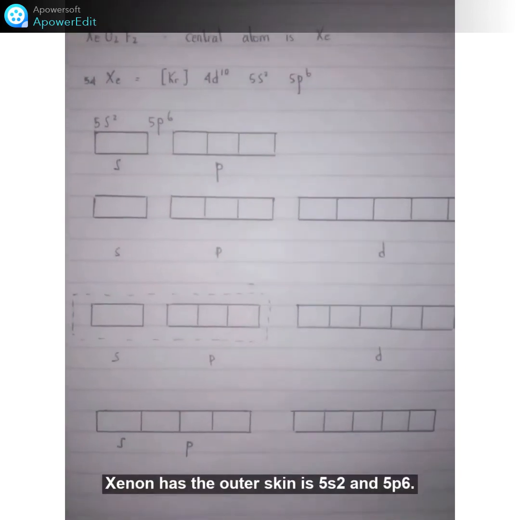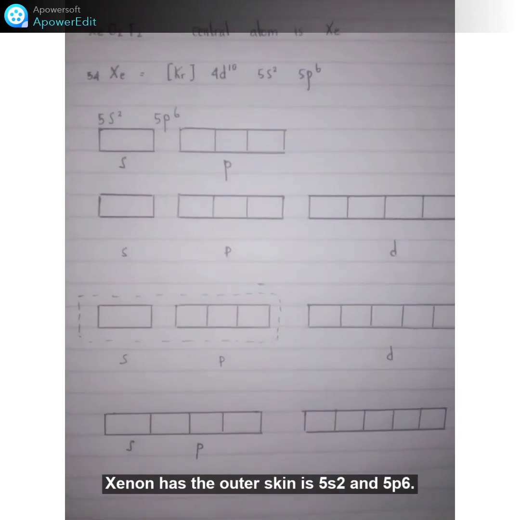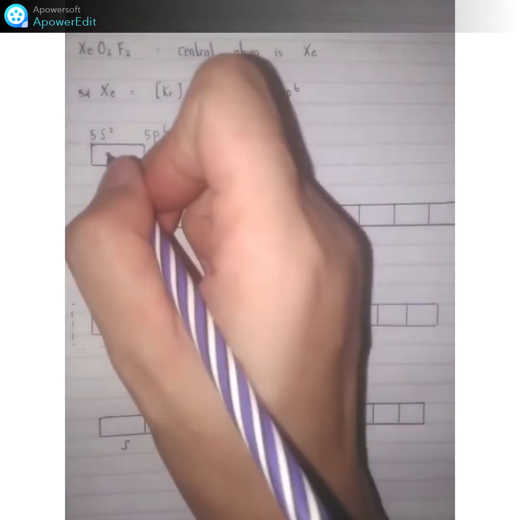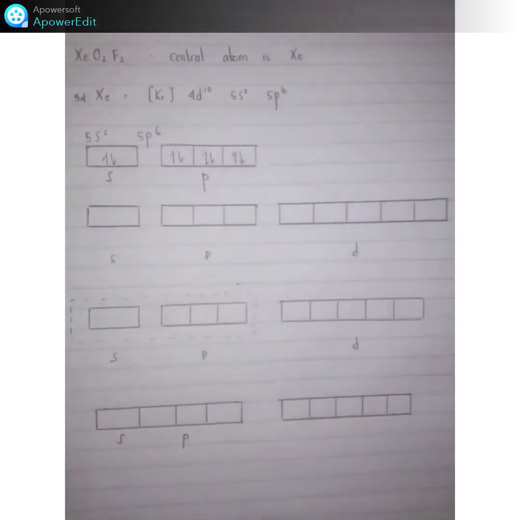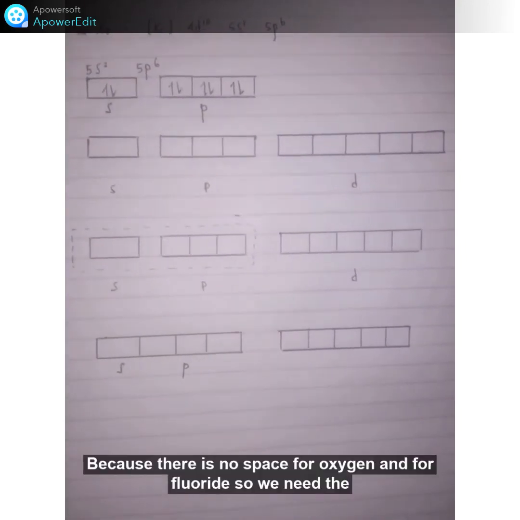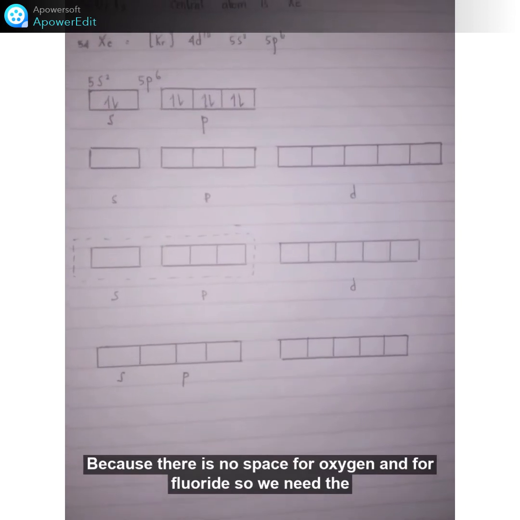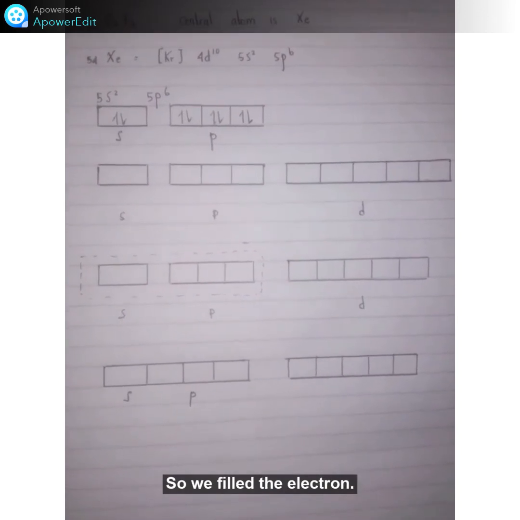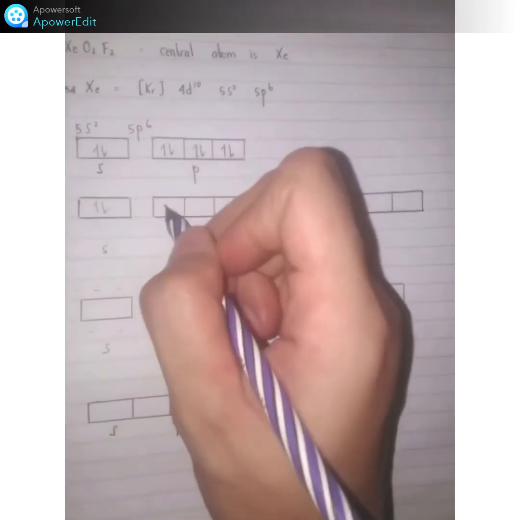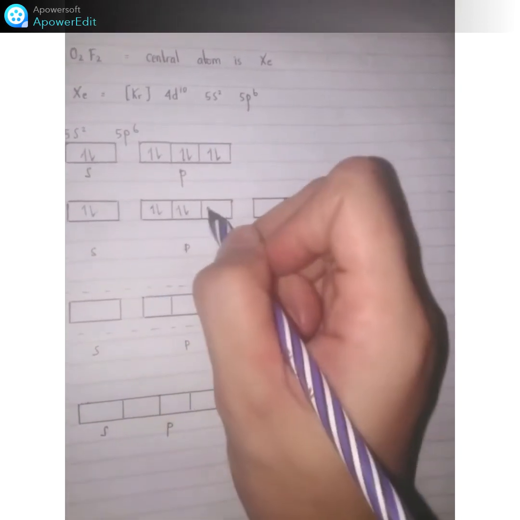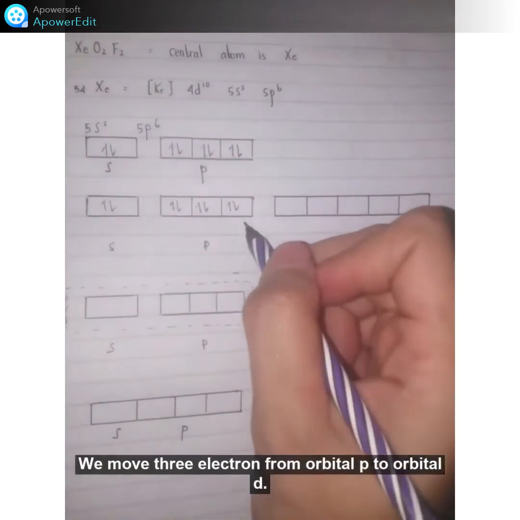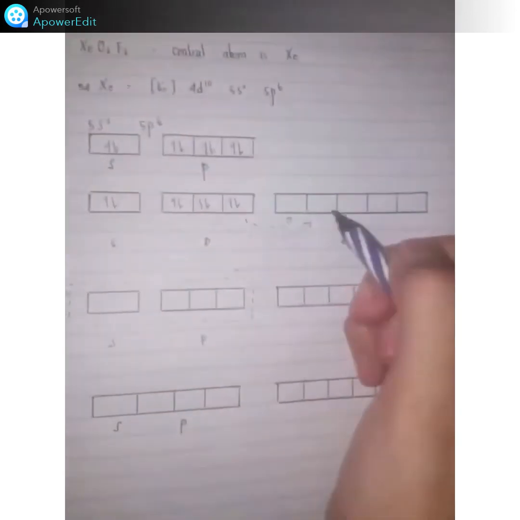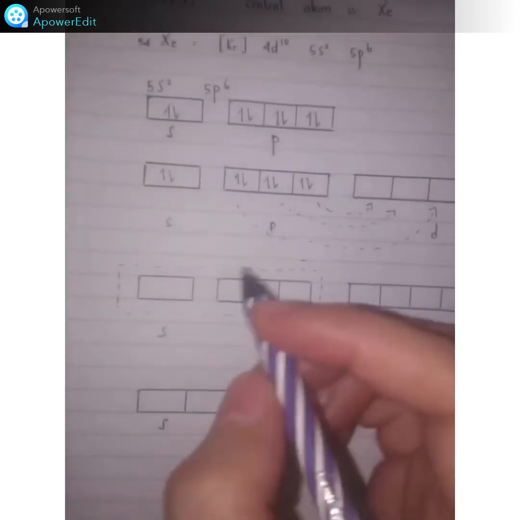Xenon has the outer shell 5s2 and 5p6, so we fill the electrons. Because there is no space for oxygen and for fluorine, we need another orbital, that is the d orbital. So we fill the electrons. We move 3 electrons from orbital p to orbital d. So we get